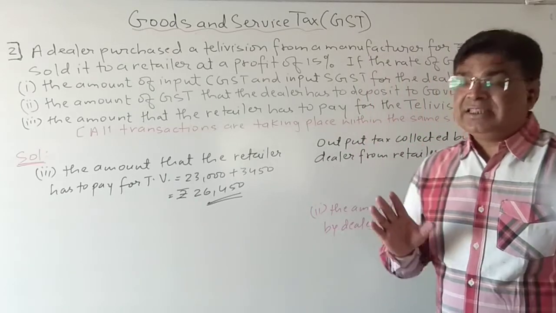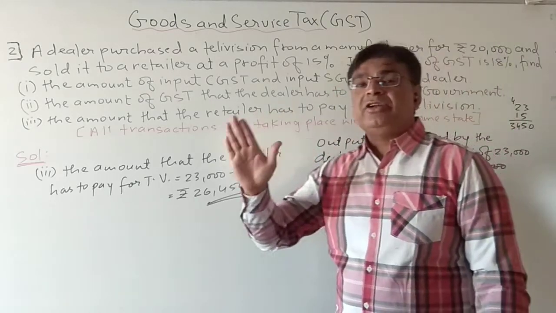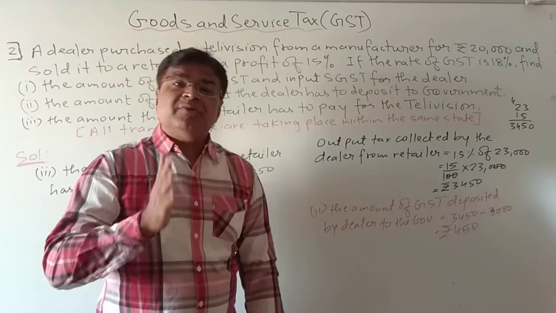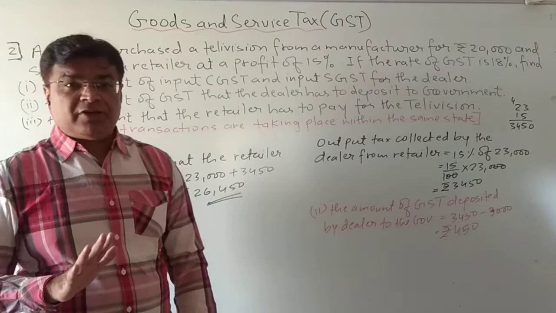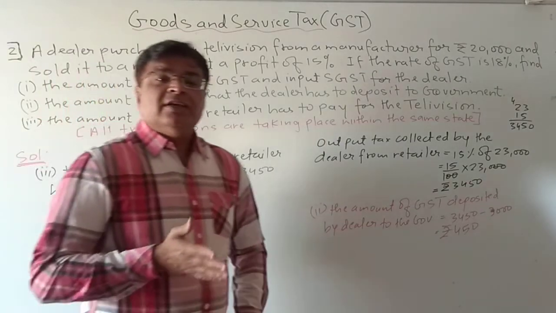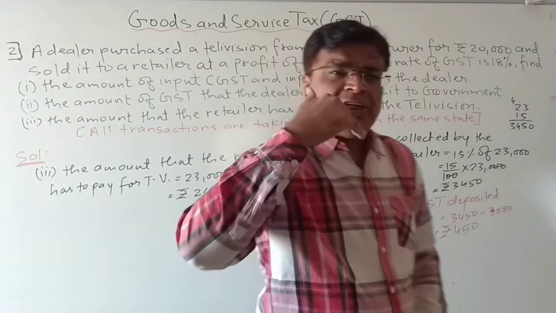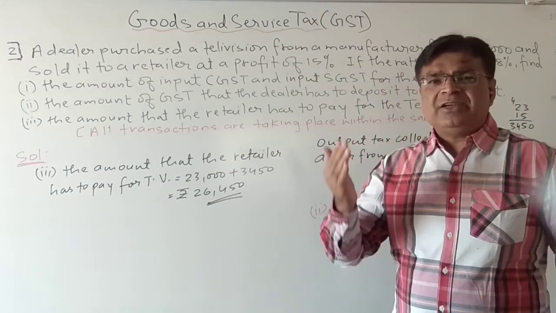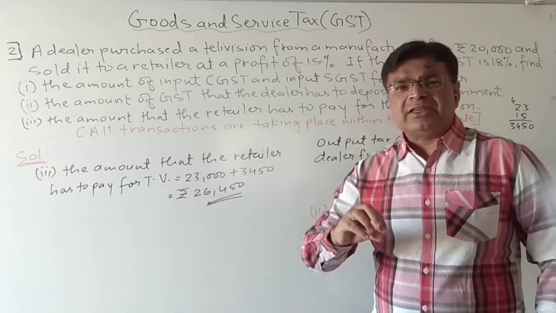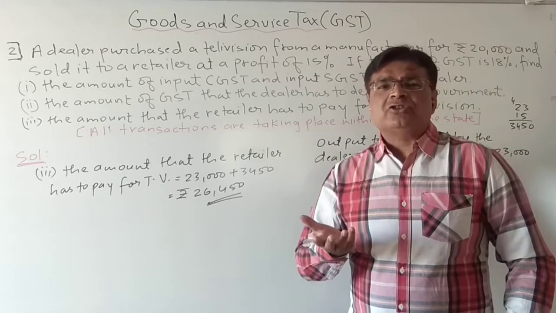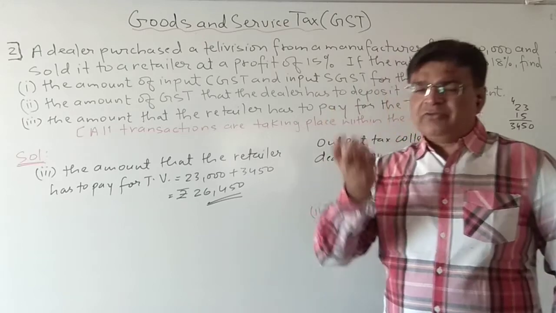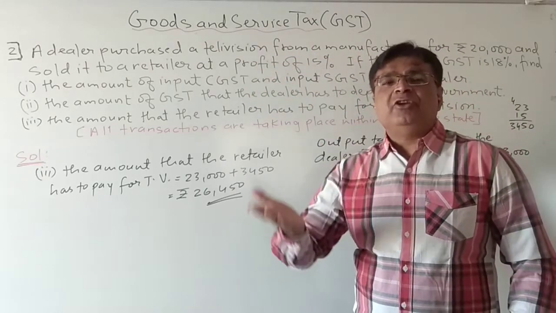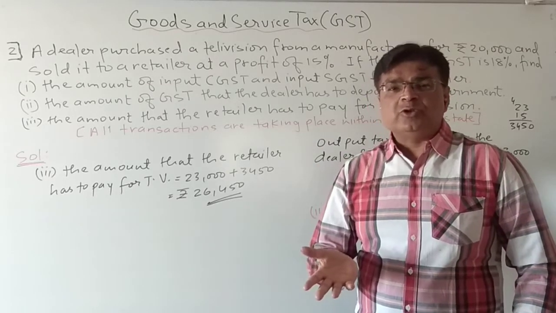And students, you can see that for the manufacturer, trader or dealer, it is not a loss to them. They are not paying any extra money from their pocket. Actually this system is also good because, first of all, there was multiple tax and one person had to calculate it. Service tax was there, octroi tax was there. So multiple taxes were collected and a lot of accounts we had to maintain. Now it is just a single tax system, so it is easy for the manufacturer, trader and dealer also.